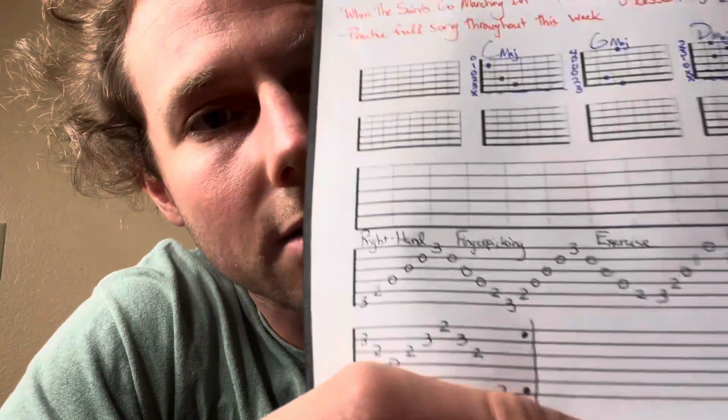So now what I'm going to go over is the exercise I wrote out on the bottom of your PDF from this lesson. It's the right hand finger picking exercise. I'm on the bottom of our lesson sheet, so go ahead and pull that out in front of you if you haven't already, because I'm going to go over how to play that right now and exactly what your right hand should look like as we play this